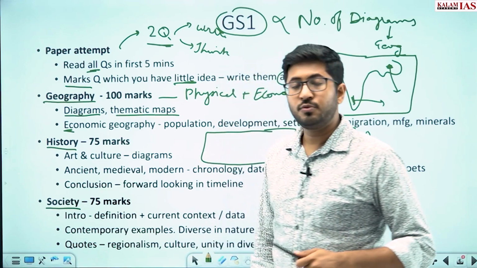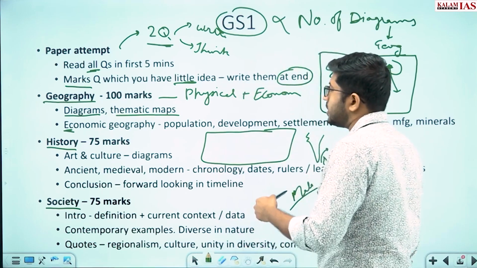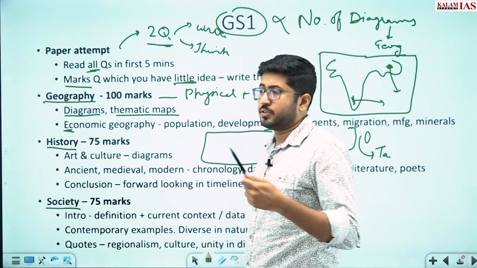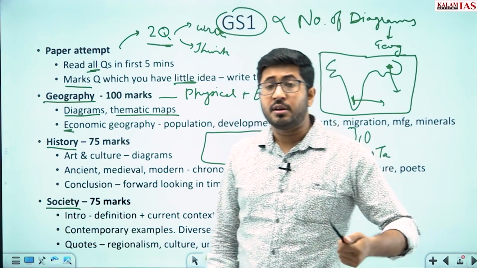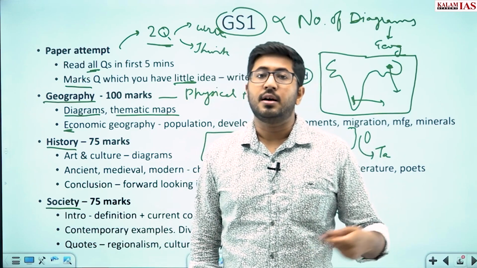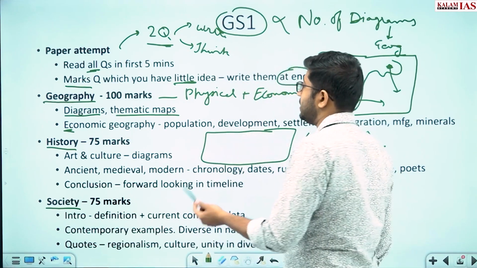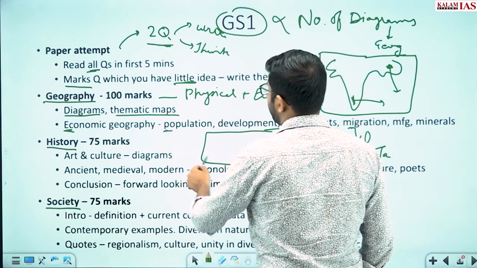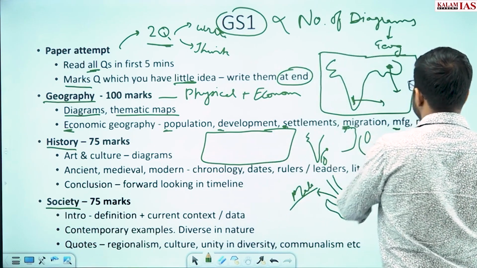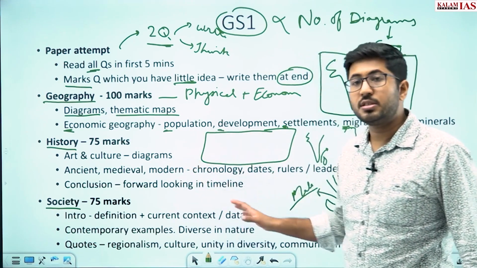So from a geography point of view, you have to generate multiple dimensions in the answer. Suppose the question is on the importance of river interlinking, or the importance of national expressways or highways. You have to link those points with population, development, settlements, migration, manufacturing, minerals. These are the various dimensions on which you have to think, so that you can generate a lot of